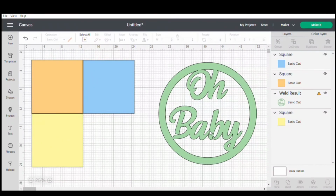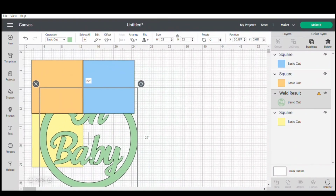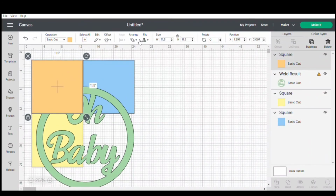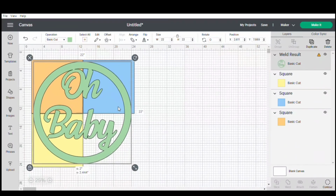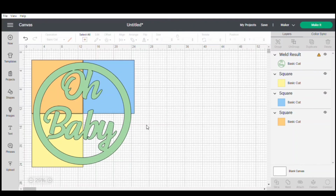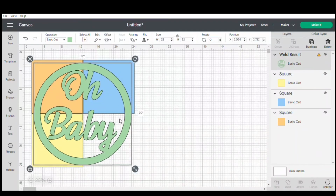Now I'm going to move my, let's see here, this one is still, let's move that to the back, there we go, and that one to the back. So now we can position this in such a way that our sign sits right there on it. So there we have everything. I'm gonna just move that over a little bit because I don't want it to cut the H. So it's right there,